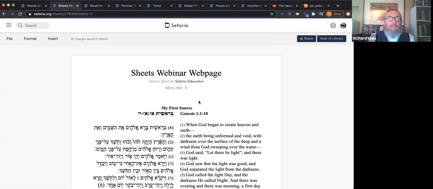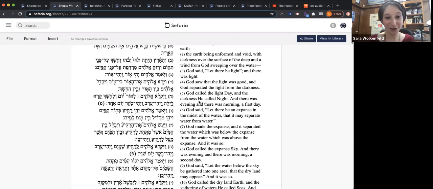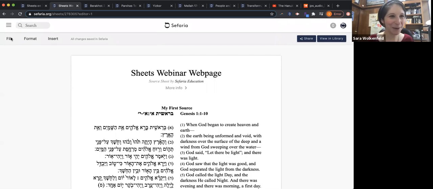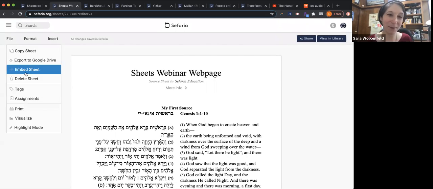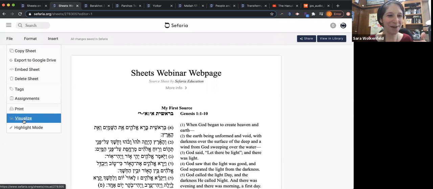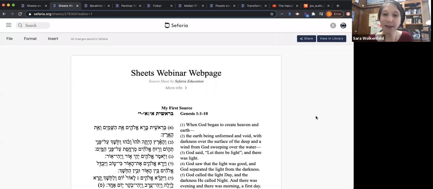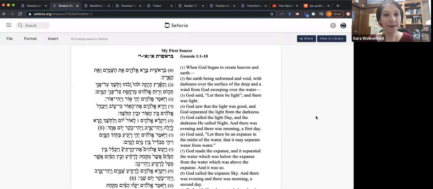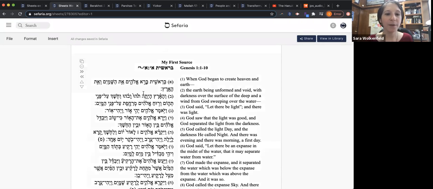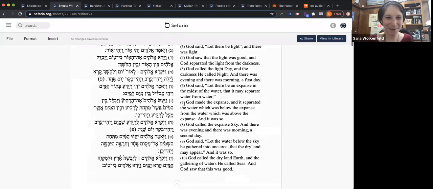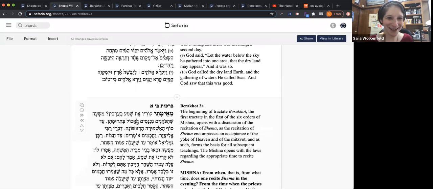Okay, great. So let's talk about what to do now that you've built this sheet. Maybe you've outsourced it in some way, maybe you've embedded it, or you've printed it. But assuming that we're still working with this sheet digitally, there's a few more things you can do. First of all, when I hover over any text, anytime my mouse touches a text, I get this menu.